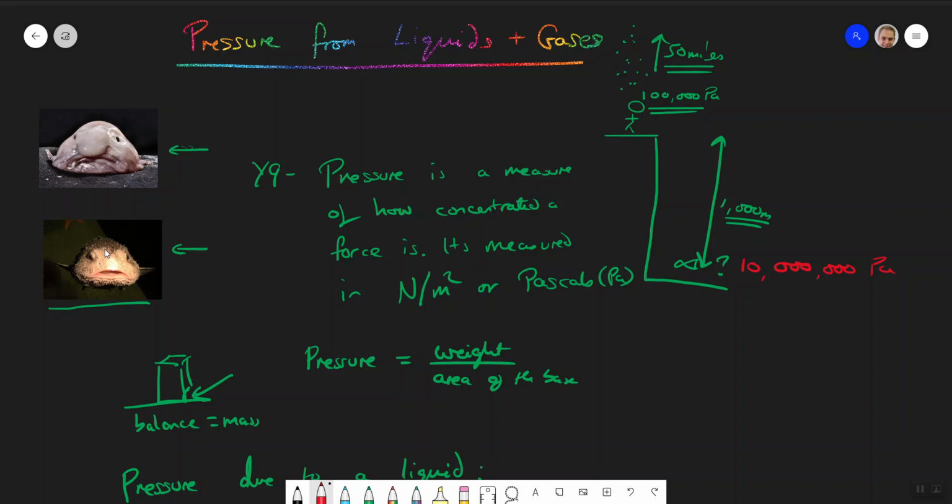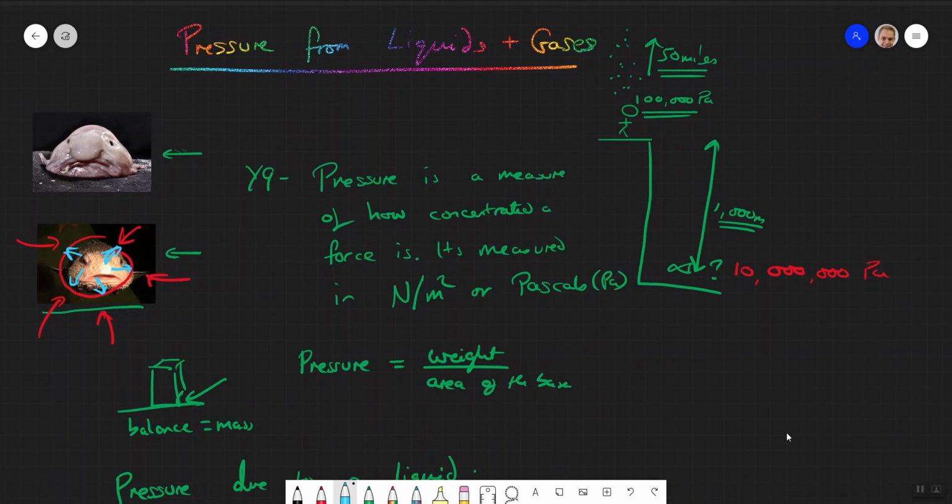such a giant thing that this entire body of this thing, which is designed to deal with this huge pressure that's coming in on it, all this pressure, is designed essentially with a sort of inherent springiness that is constantly pushing back. But if you take it to the surface, you remove the inward pressure from the water. You've only got the outward pressure that's coming from its own design, like how it's evolved to exist in that environment, and so it just blobs out and becomes like we see. And that is how we deal with pressure from liquids.